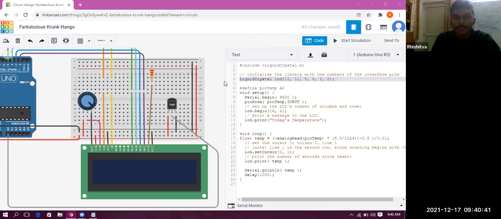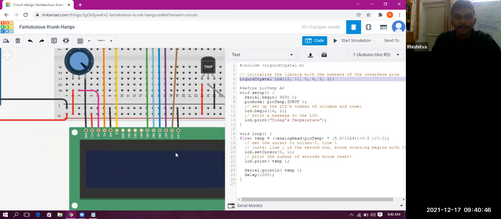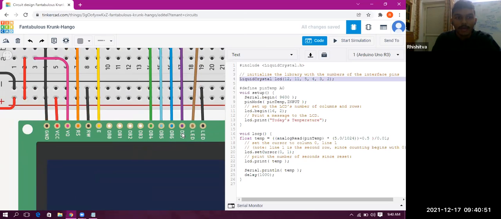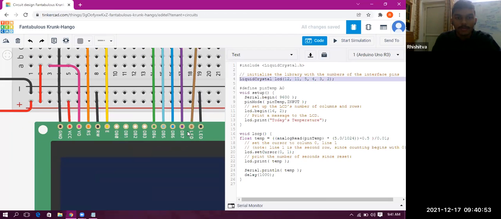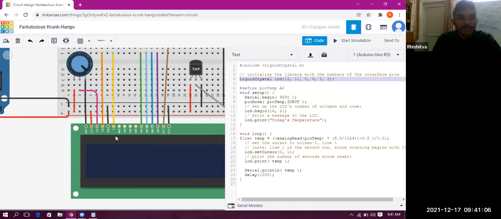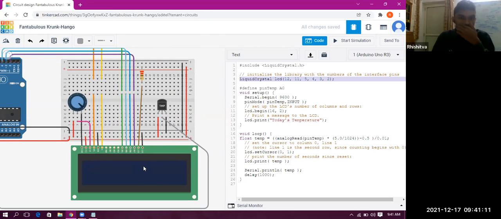So we have 5, 4, 3, 2 pins that we have selected over here, right? Digital pins, and they are connected to DB4 to DB7, right? For 4-bit mode, we use DB4 to DB7. And for the 8-bit mode, we use DB0 to DB7. So in 4-bit mode, these are just 4 wires, DB4, DB5, DB6, DB7. And in 8-bit mode, we are using 8 wires. Due to 8 wires, the data transfer speed is more. So that is the basic difference. Right now we are using a 4-bit mode LCD. So this LiquidCrystal lcd will be clear to you now.